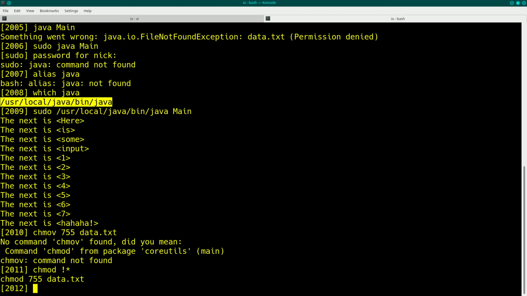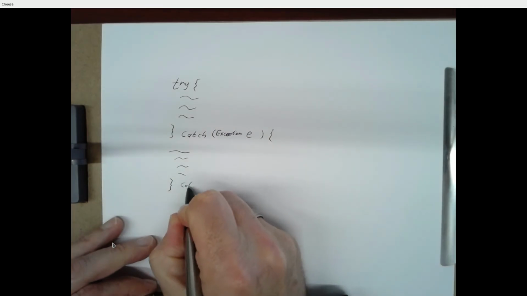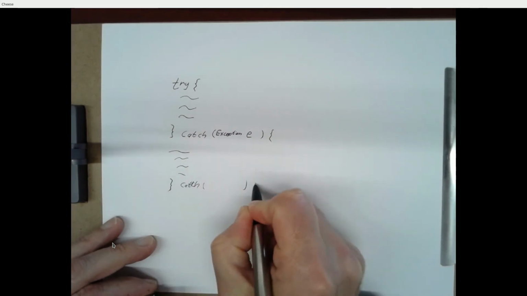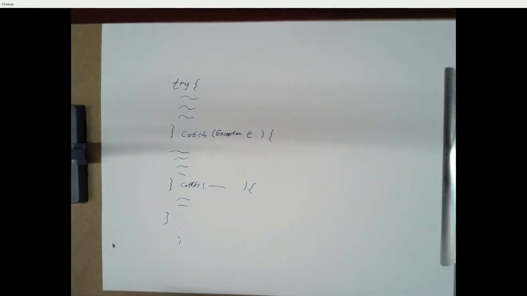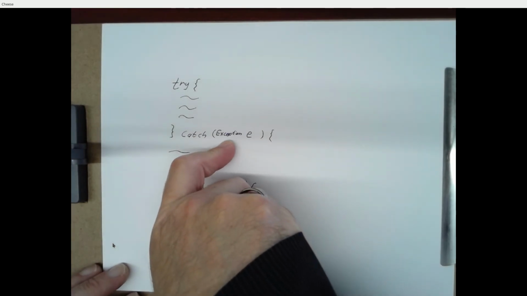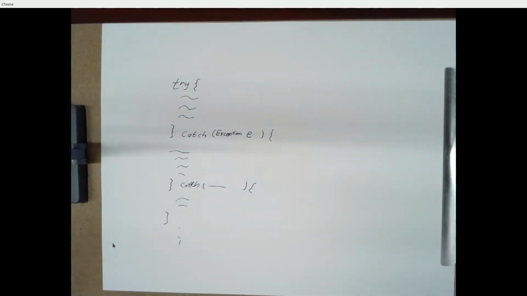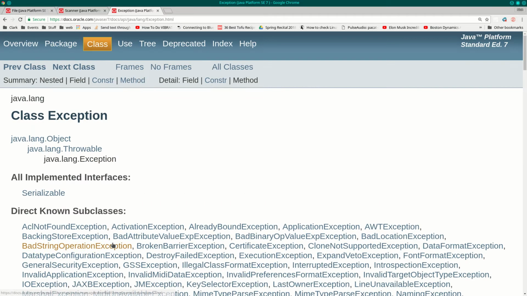So that's a way to do file input, and that also gets us into thinking about exceptions. And we can have multiple catch blocks. And we can have different types of arguments in here. Just like methods have different signatures, we can have multiple catch blocks, but we could have one particular type of exception here. So exception is a class, and it's sort of a class that covers all different types of exceptions. But there's other versions of exceptions as well,